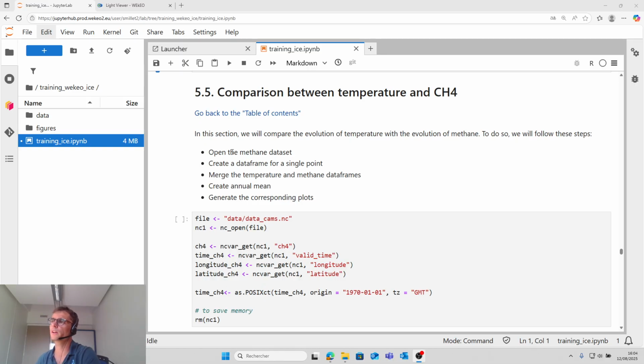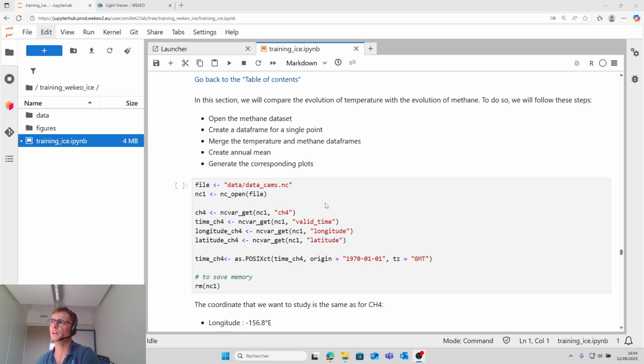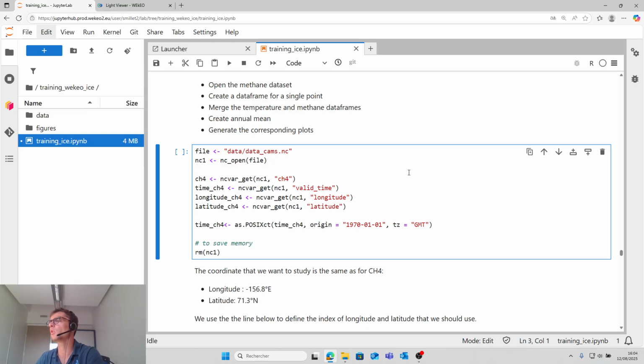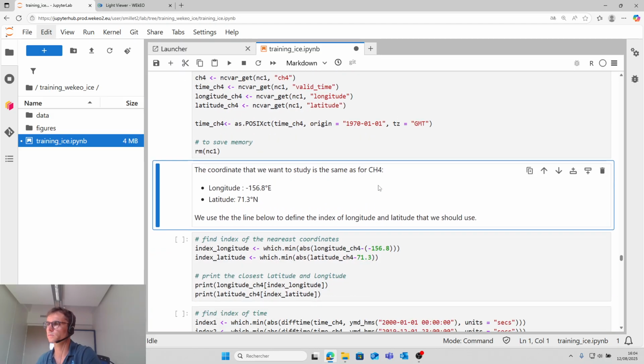To do this we open the methane dataset, then we create a data frame at a second point. We merge the temperature and methane datasets to have a single dataset, and then we create annual means and generate the corresponding plot. So first we open the methane dataset.